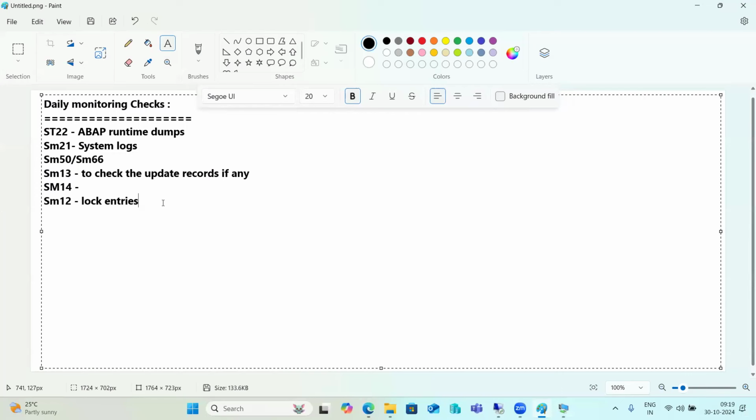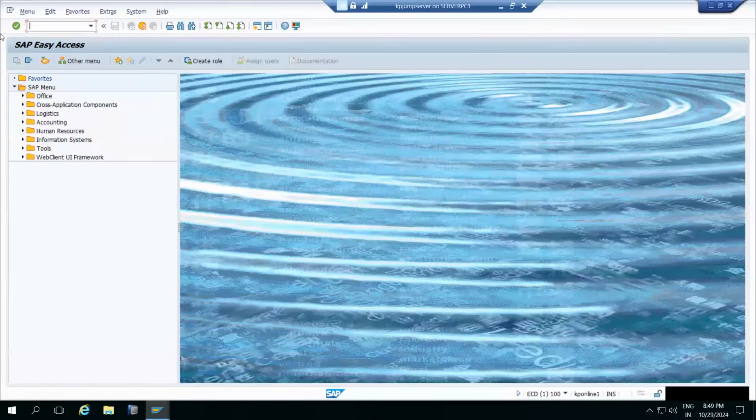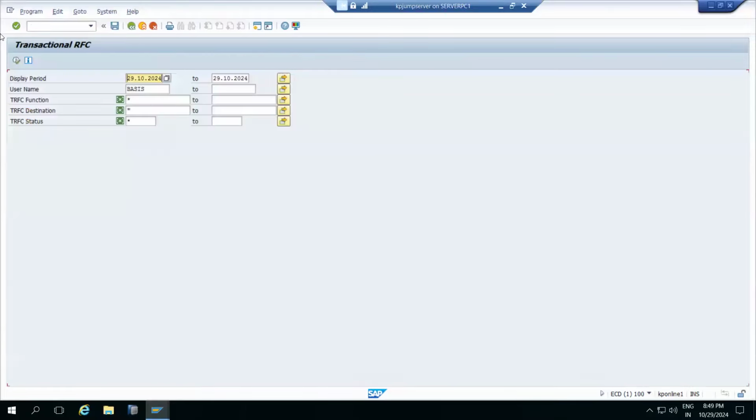So like that, we have the transaction codes, so we can check them here. Not only this one, we have many things. We can check SM58 to see if any failed tRFCs from yesterday exist. Also, SMQ1 and SMQ2, we need to check the queues, inbound queues and outbound queues. We have to check it out here, right? So these things we need to check in the systems here. SM58, to check whether there are any failed